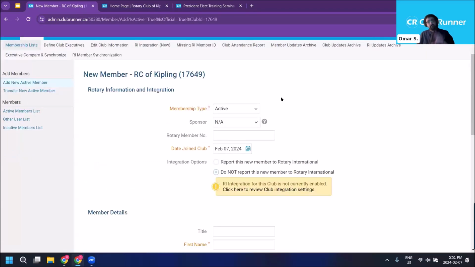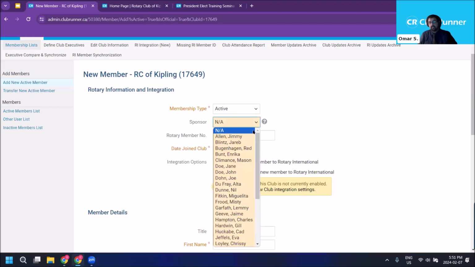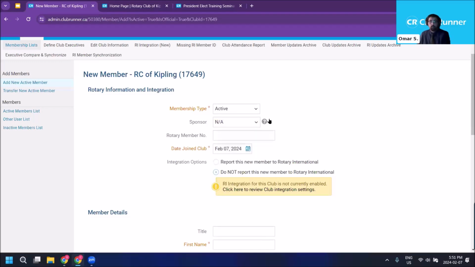There we are. The first field is the member's membership type. I can click that and choose some options here: honorary, active satellite, active corporate. I can also enter in their sponsor, choosing a name from another member in the club. For their Rotary member number, if they have a member number, I would suggest using the transfer member page, because